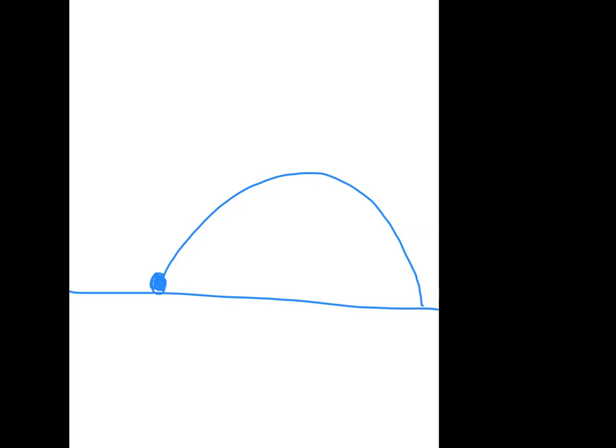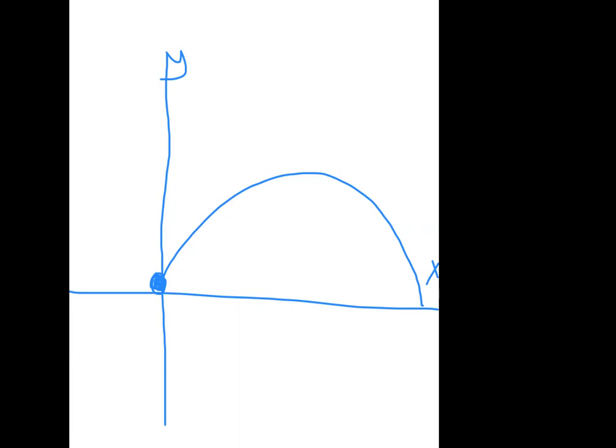Usually, wherever the object starts, we put that object right at the origin. So imagine that I have an X and a Y axis here. Here's my Y-axis, my X-axis, and I'm going to start the whole thing off with the soccer ball at 0,0. Sometimes something doesn't start on the ground. If you jump off a cliff into water, you're not starting at ground level or sea level, you're starting up above. So we'll look at that scenario in a minute.